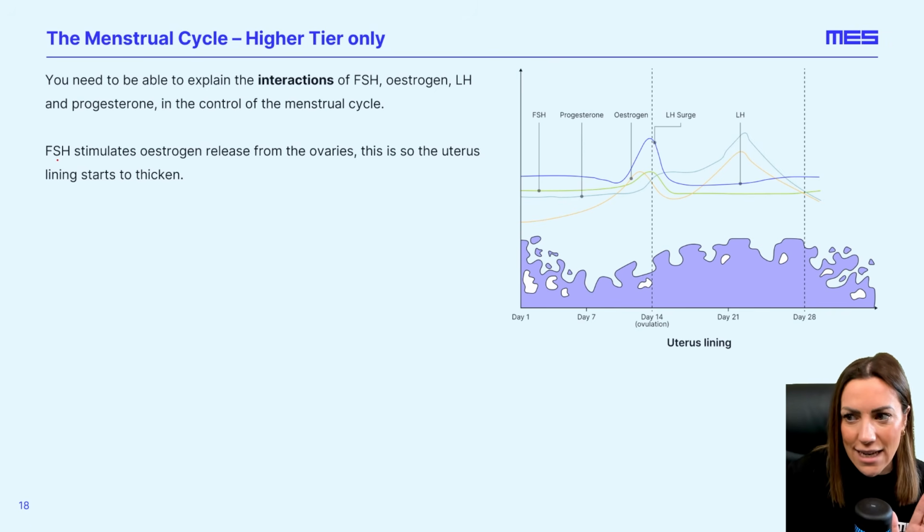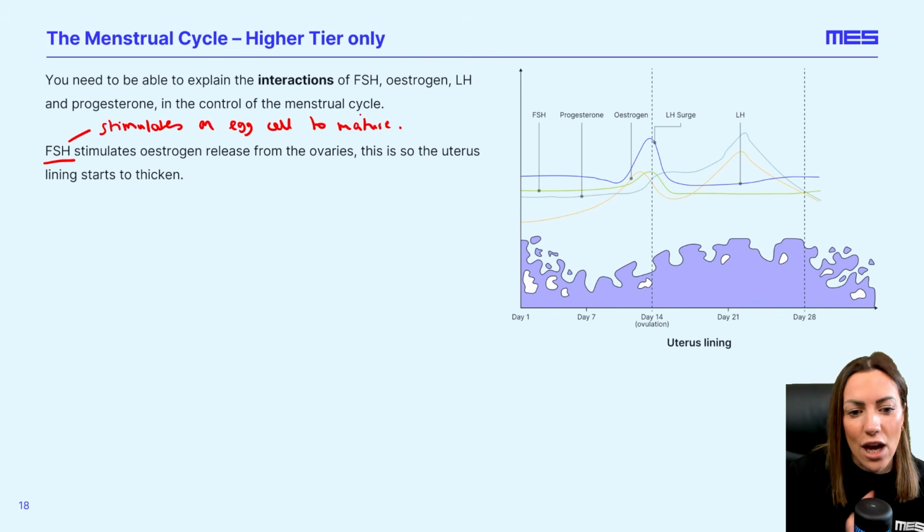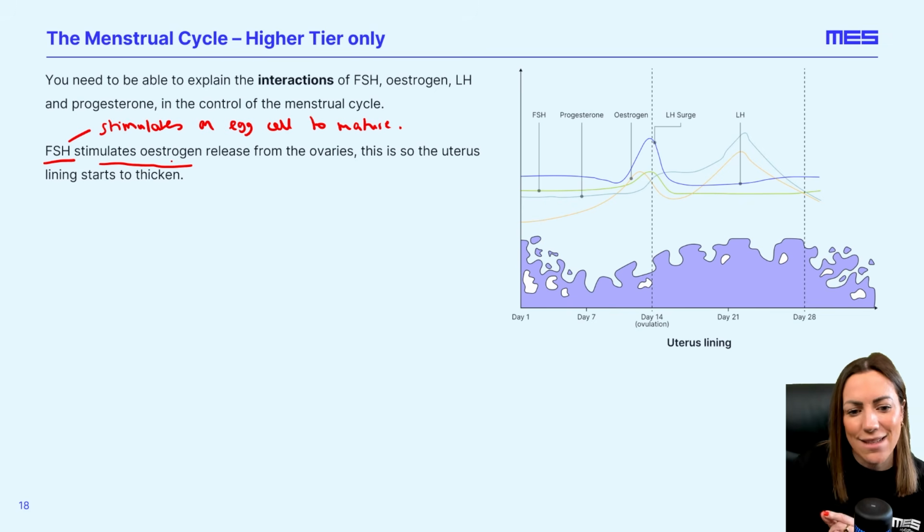So FSH, which remember is released from the pituitary gland, stimulates an egg cell or a follicle to mature in the ovaries. But it also interacts with other hormones because it stimulates estrogen. So FSH causes an egg cell to mature in the ovaries, but it also stimulates estrogen